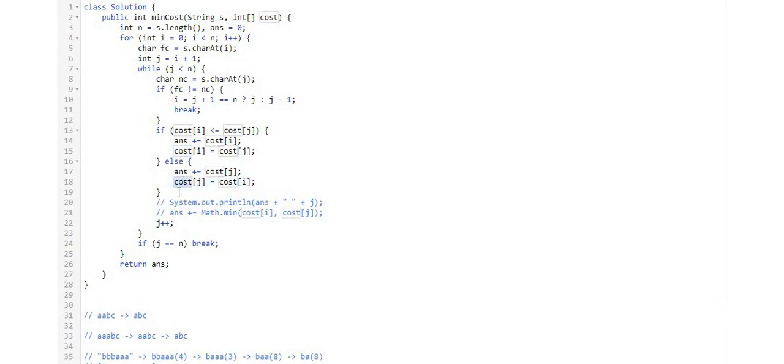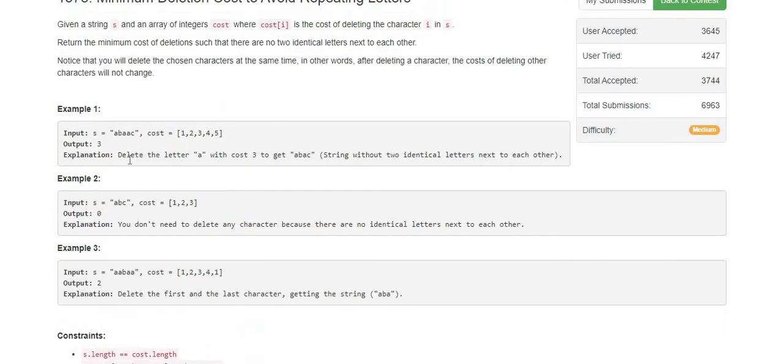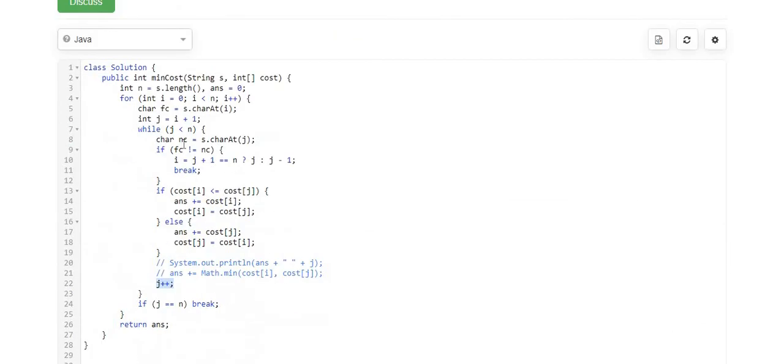Okay, so once it is done, again I am incrementing my jth pointer, so it will go to the 4th index now. But for the 4th index, I can see the C character is there, so again it is not matching with the B. So now it will come inside this if condition. Now if you see this 4 plus 1, it matches the length of the string.